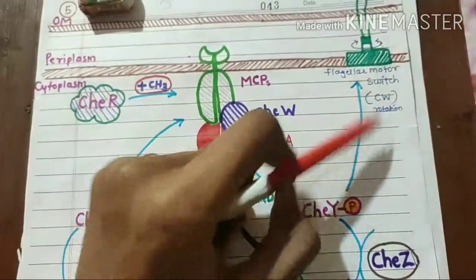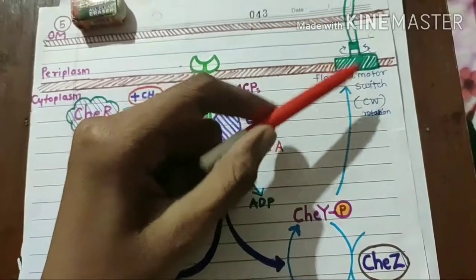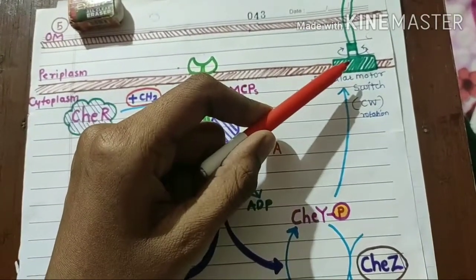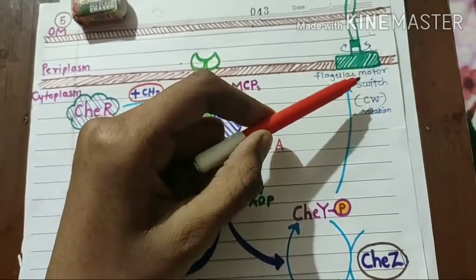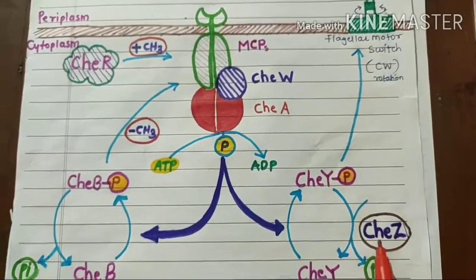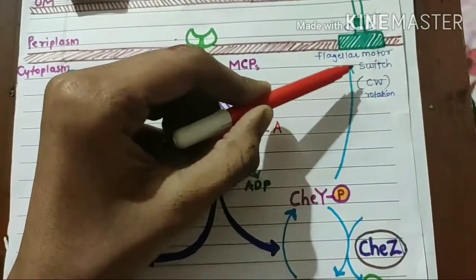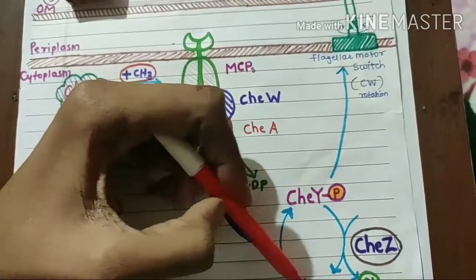Okay, so when this CheYP binds here, the flagella rotates in a clockwise manner. But there is a CheZ protein. It is a phosphatase. It dephosphorylates this CheYP protein into CheY, and